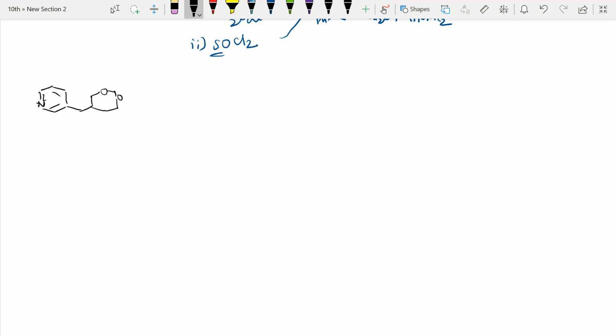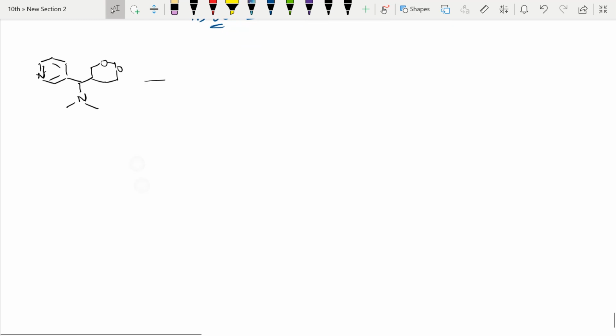Right? So this is very interesting. You can see this kind of example. This is not that 1,3 relation, this is a little different reaction, but I felt like taking it, so I have taken it here. So here a CH2 group is there. This structure, I hope you got it. It is like this.